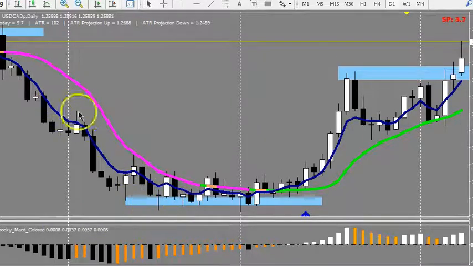Okay, and so I know at this point in time price is going to now go sideways, but take a look at the histo bars down below, guys. The momentum has been increasing to the downside, okay, all the way here. Then all of a sudden momentum is increasing to the upside, and once that happens and goes above zero, we can expect some sort of movement to the upside. This one is not a good strong candle. It's not a big candle. This one here, you could have gotten in,